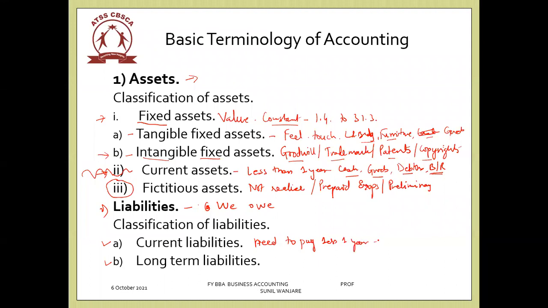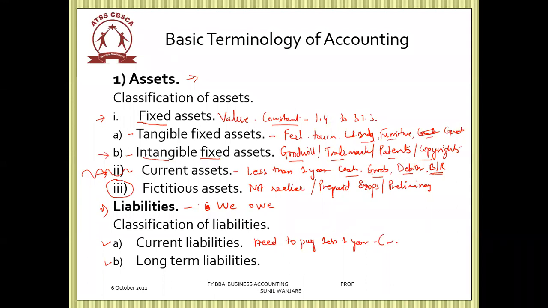Now, when people are working in your organization and they're called employees, as per the different rules we have, like the Payment of Wages Act or Minimum Wages Act, you have to pay the employee by the 10th of the next month. Suppose in January you have employed a person, by 10th Feb you need to pay the money as per the rules. So there is an obligation that you have to clear the payment in less than 1 year. Those liabilities are called current liabilities. So the expenses which have been incurred but not paid, like salaries, wages, rent, are termed as current liabilities.